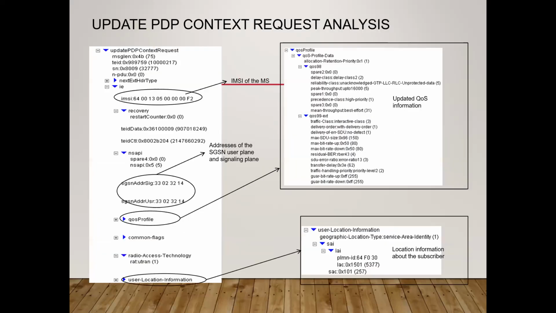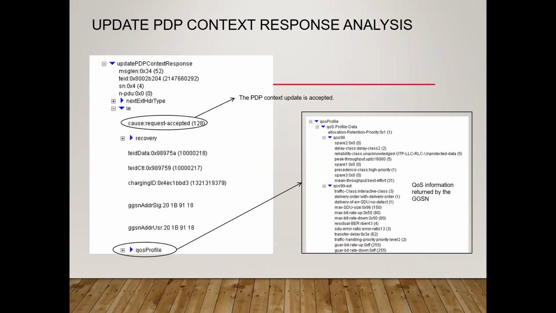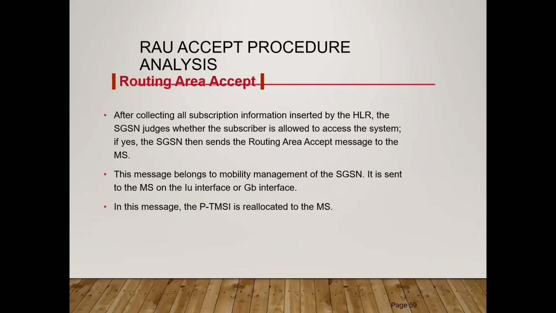The HLR will then respond back with the authentication sets. What the new SGSN is going to do is that since it received 4 vectors here, when it sends the location update request, it will just ask for 1 vector. It will say, okay, I have 4 vectors available. At all the time, I should be having 5 vectors available. So it will just ask for 1 vector, and HLR is going to respond back with just 1 vector. And then SGSN is going to send the acknowledgement to HLR for the context having been received,